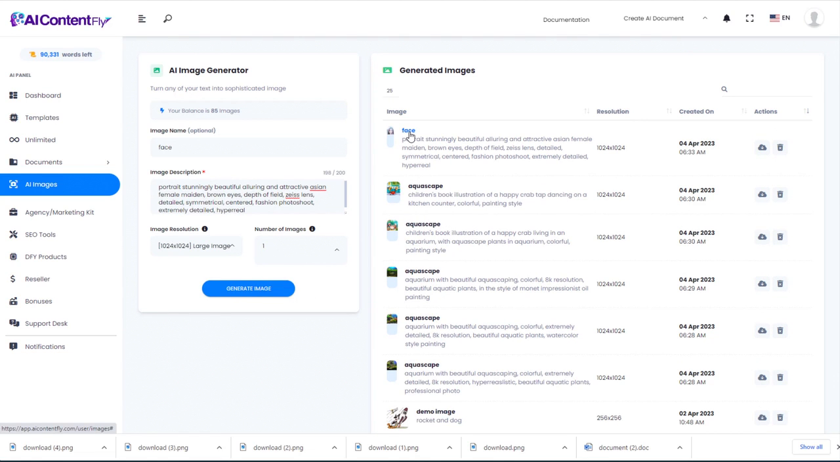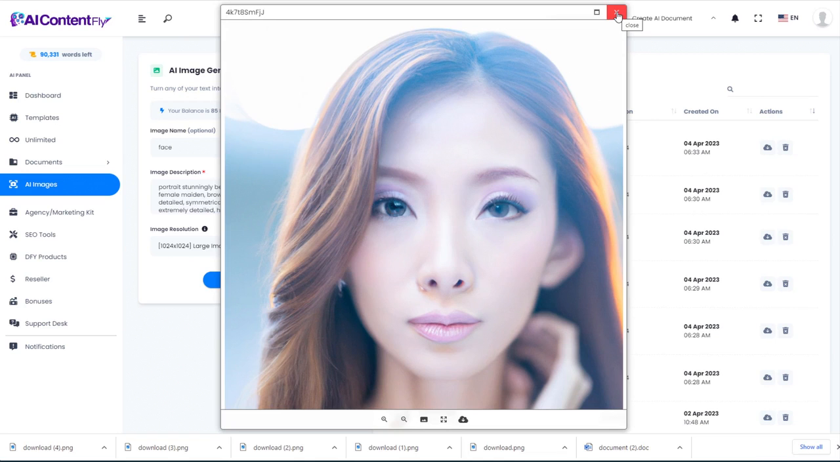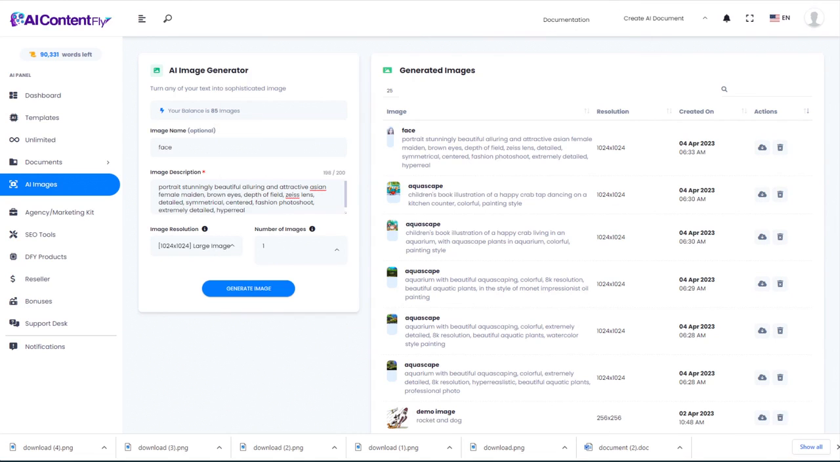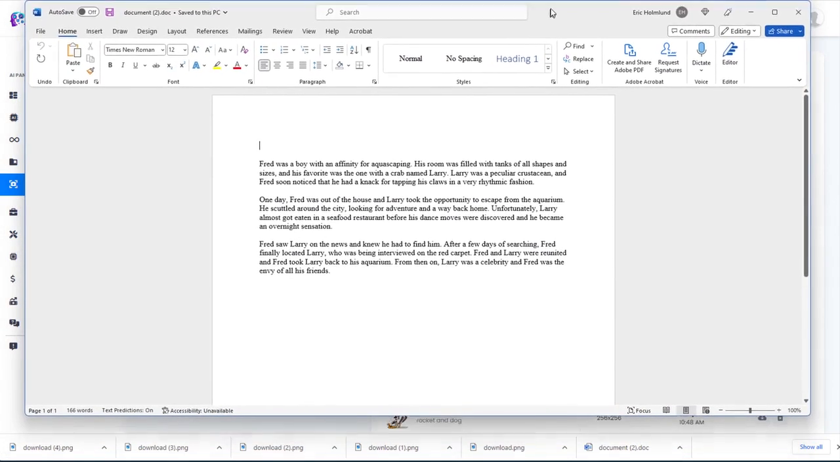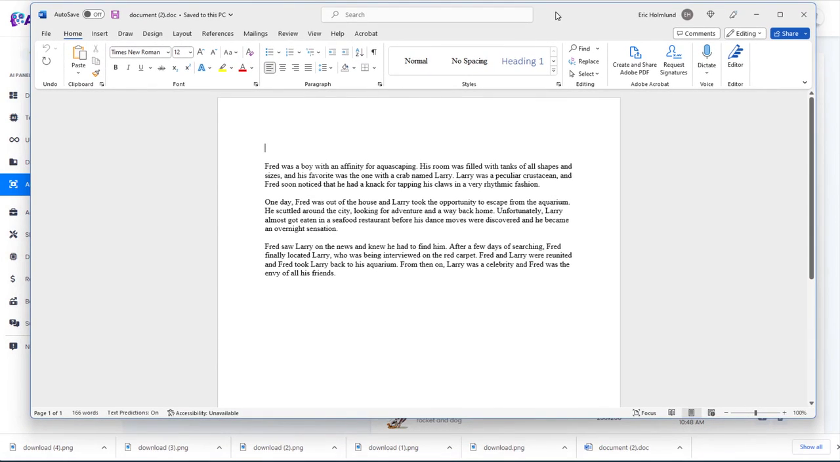And let's take a look at what it created for us. Look at that. Just so you know that it can do more than just watercolors and children's book illustrations. Now, I did want to take just a moment to show you what I could do with those children's book illustrations. Here was this Word document that we downloaded directly from AIContentFly of that story that we